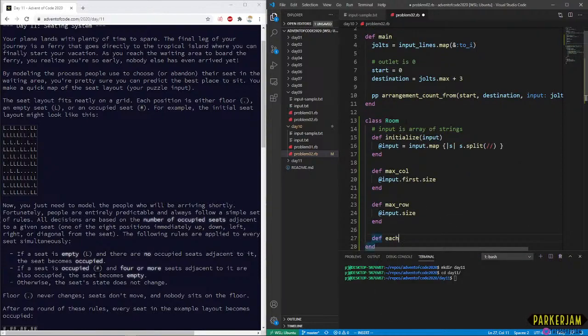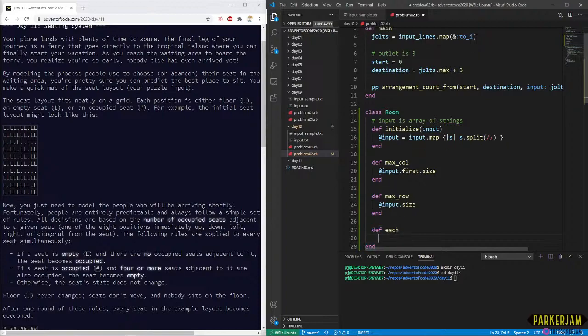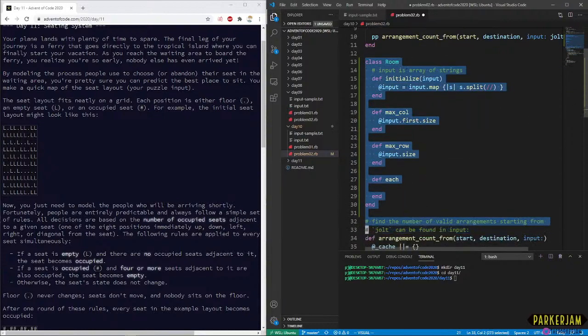Let's define the each that's going to return a block. That's going to yield a block here. And I'll just do I... actually kind of hate this already. I already do kind of hate it. Yeah, let's just do this more